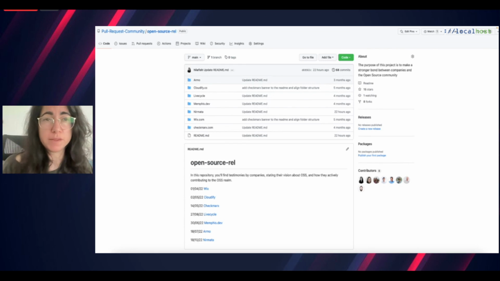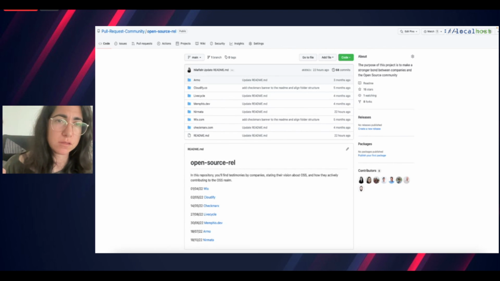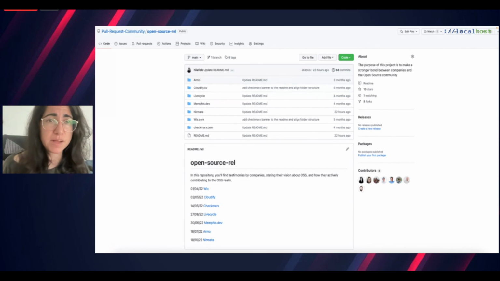We showcase how companies contribute to open source and perceive it for two reasons. One, we hope that other companies will see it as well and will want to do some more things and progress more towards the open source realm as well. And the other reason is because individuals like me, like any other people that love open source and share these values of collaboration and communication, want to go work for companies that have the same values. So if, for example, I know about Wix that allows me to contribute to open source during my work time, then it will be awesome. And maybe I would like to go and work for these companies as well.